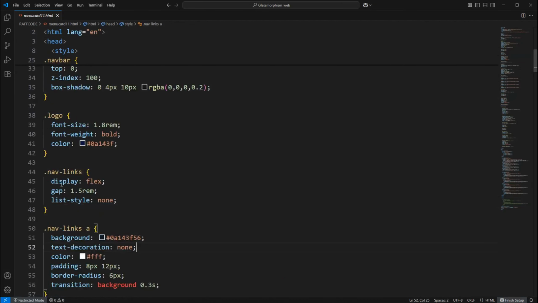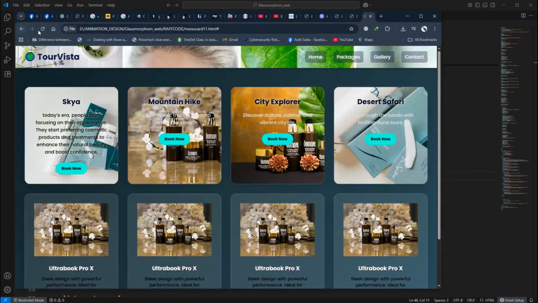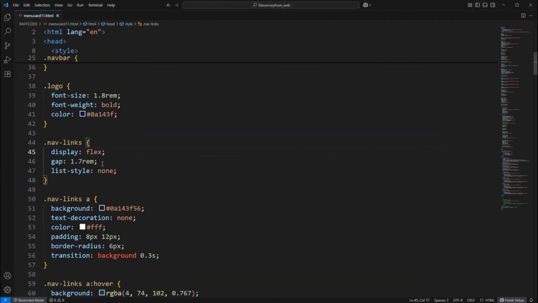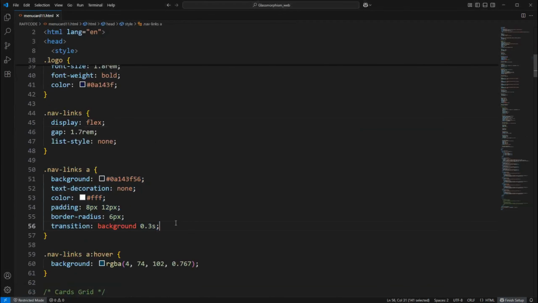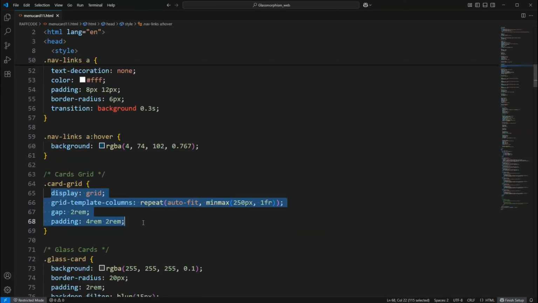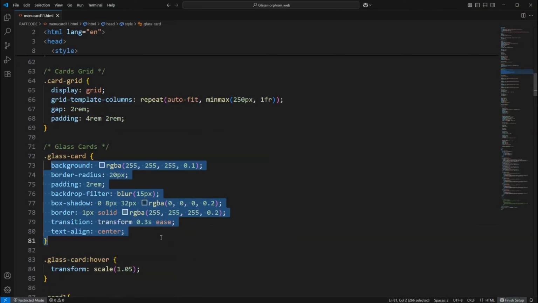Inside the style block, a Google font, Poppins, is imported and applied universally via the asterisk selector, resetting default margins and padding, setting box-sizing border-box, and applying the Poppins font across elements, while the body styles include a gradient background, linear-gradient 135 degrees, #0f2027, #203a43, #2c5364, white text, and a minimum height of 100vh to